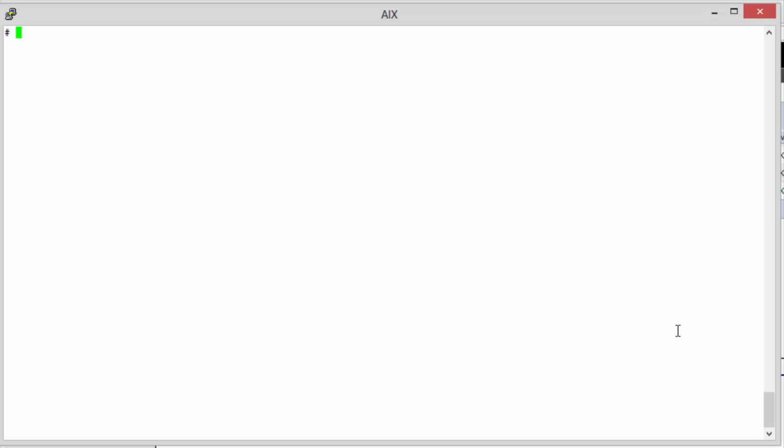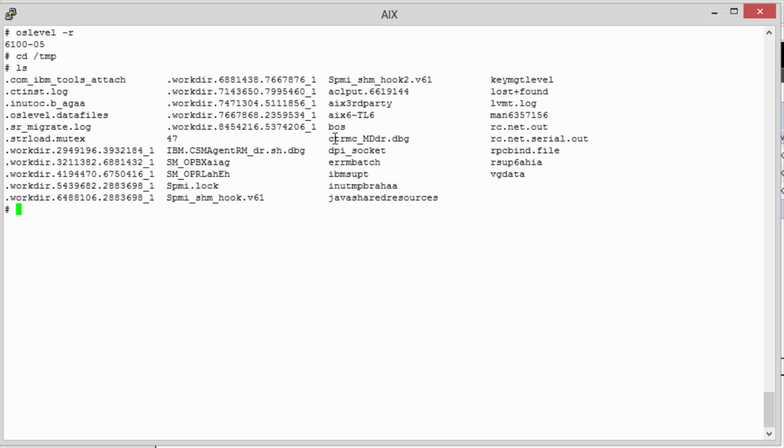So I've already downloaded this TL from IBM and I've copied it over to my temp directory, and currently we are running OS level AIX 6.1 service TL5. So what we're going to do today is upgrade this to TL06. I have the TL here. What we're going to do is go into that directory,